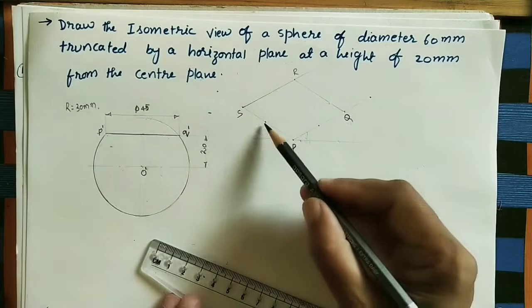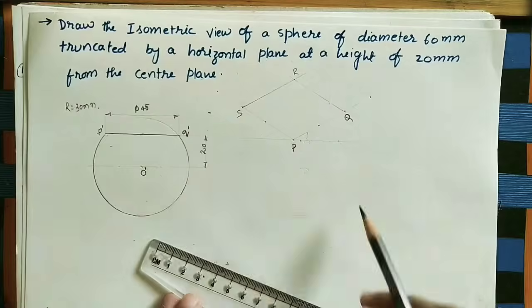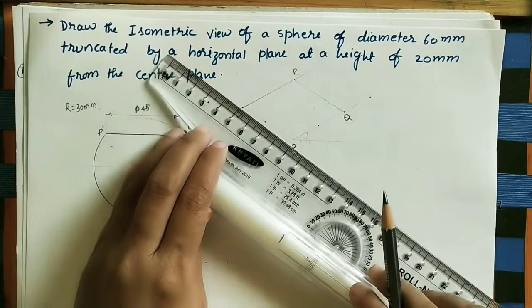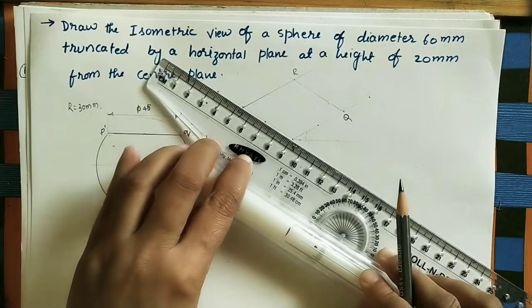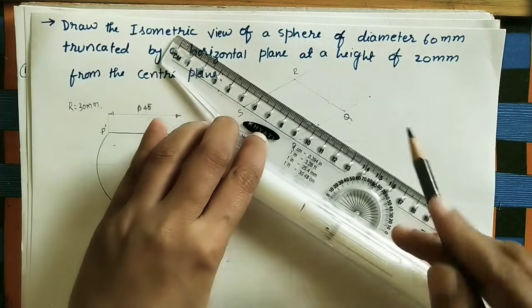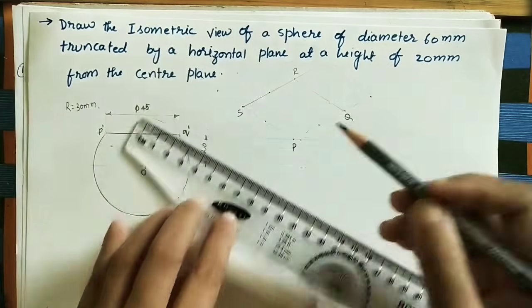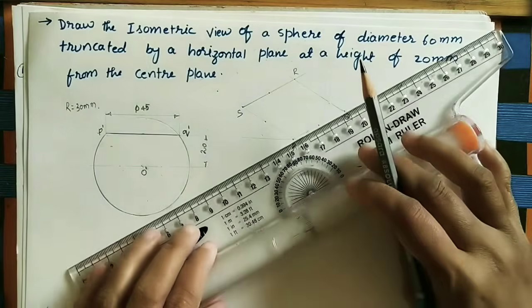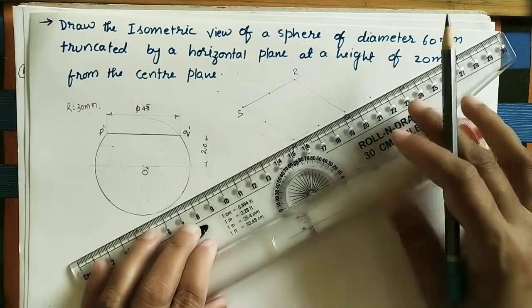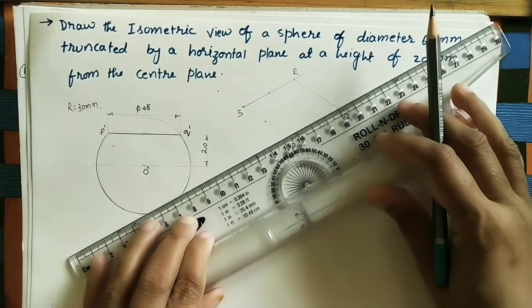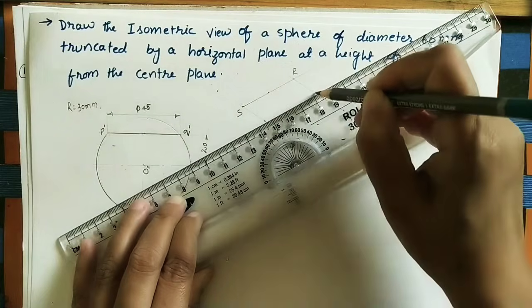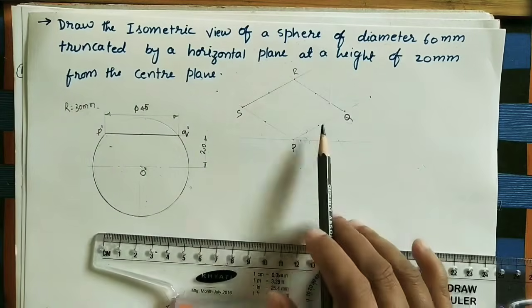So here I have marked middle points. Here also mark middle points. What I am doing for marking the middle point: I will keep the scale here, I will move the scale, and I will mark the same point here. It is also a middle point. Similarly, on this side, I will mark this middle point. Keep the scale here, move the scale up to the middle point, mark here. These are the middle points.